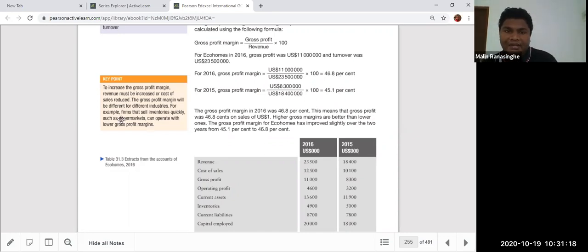If you have a business where inventory sells very quickly, like a supermarket, we call it FMCG, fast moving consumer goods. These are new terms, so you can note this point down. FMCG, fast moving consumer goods. If you're operating a business under the fast moving consumer goods category, your profit margin is normally low. Why? High quantity is there, high demand is there. Therefore, there is no need to keep a high profit margin. You can keep a low profit margin, not like 46%.